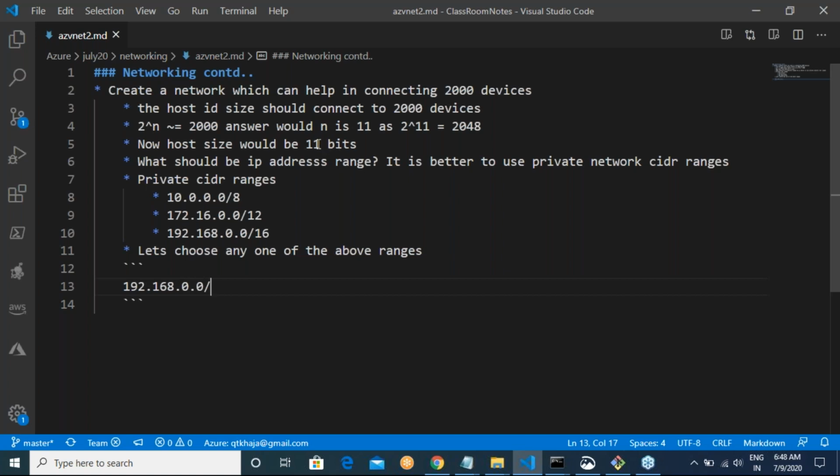How many should I leave for my host size? 11 bits. Totally, how many are present? 32, right? So if you subtract 32 minus 11, what would be the value of it? Do you agree with this?